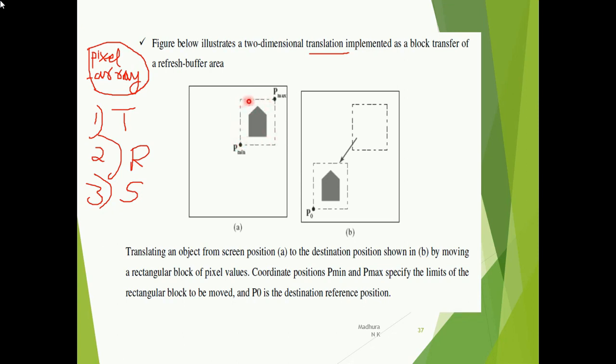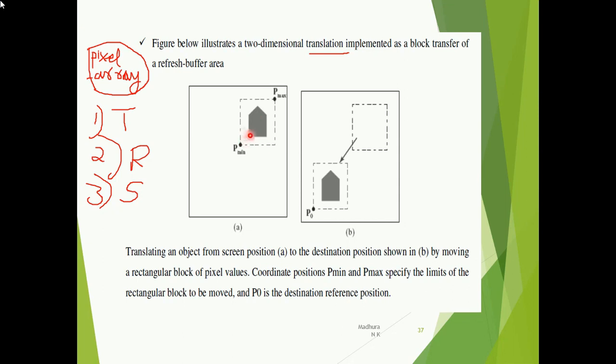This section also has a p minimum and a p maximum, two coordinate positions which specify the limits of the rectangular block. Now you have to move this entire block if you want to do a translation.